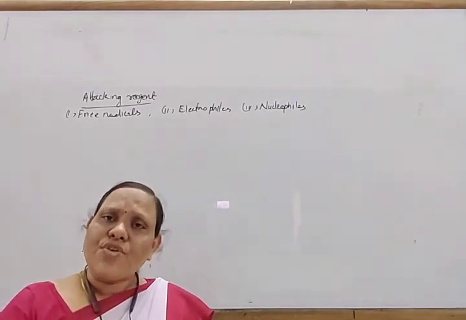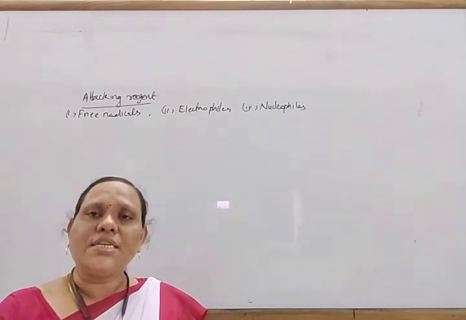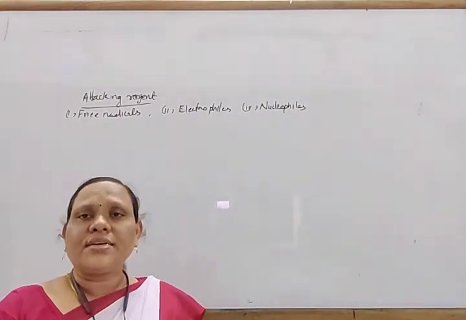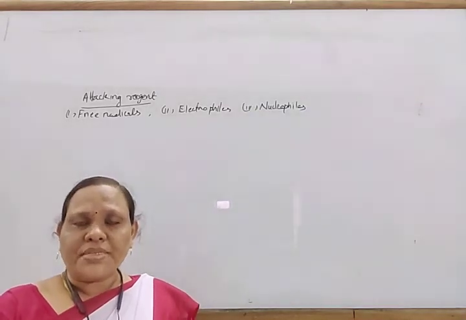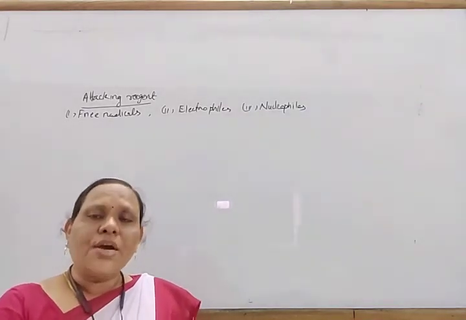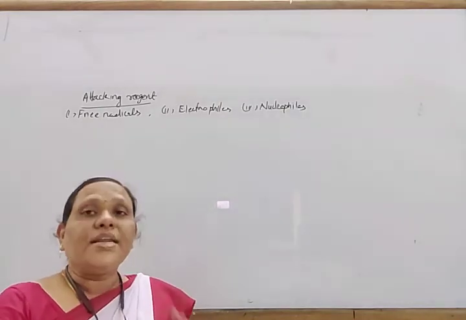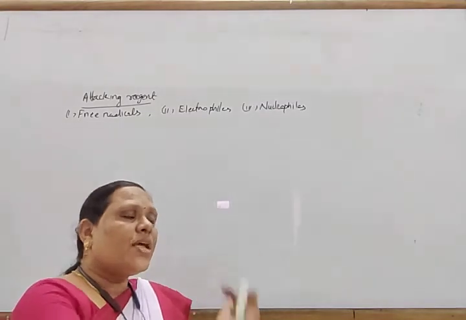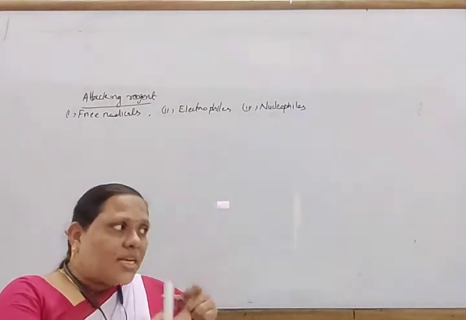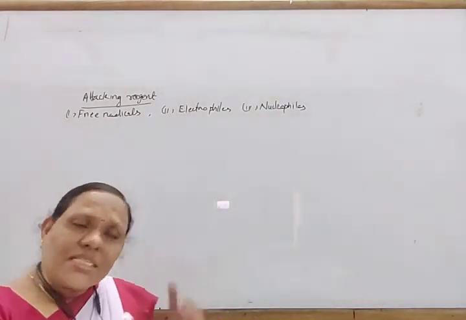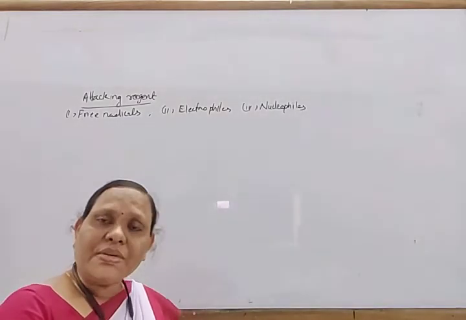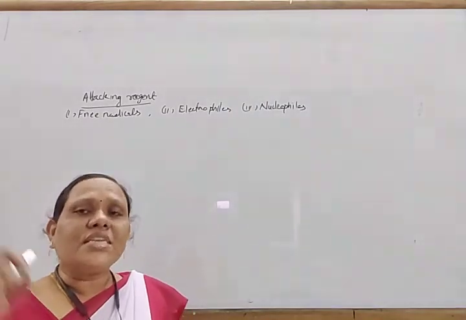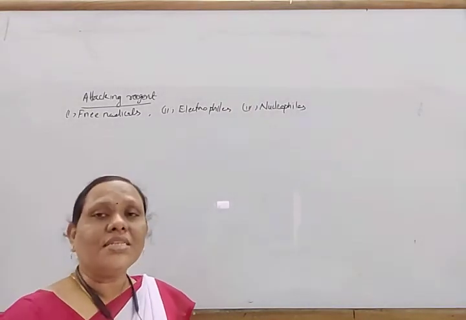Then what are nucleophiles? Nucleophile means nucleus loving. You know the nucleus is positively charged, and loving that means this nucleophile is a species which has more electron density. It has more affinity towards a positive center. So in this way that species will be an electron rich species. So electron rich species are known as nucleophiles, whereas electron deficient species are known as electrophiles.